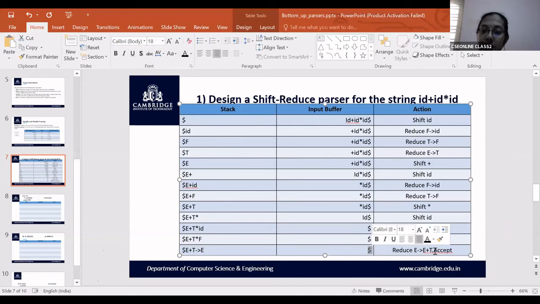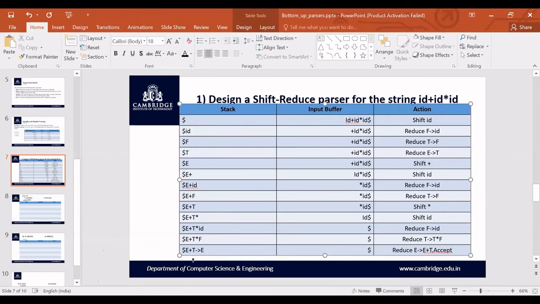Then your string is accepted. You can just add one more row where E plus T is reduced to E, your input buffer is empty and the action is accept.